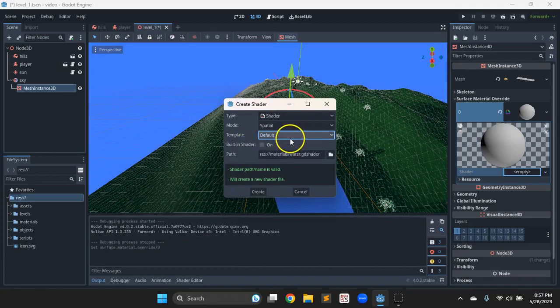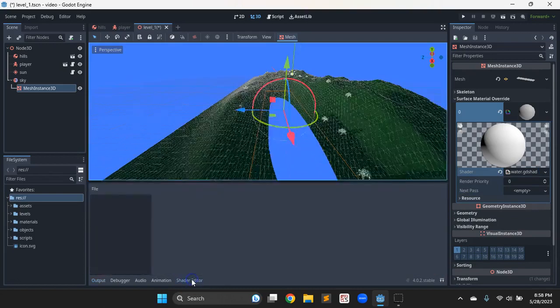You can see there's a default template, not really a whole lot of options to choose from there. You kind of have to make your own shader templates. So this would probably be a good one to turn into a water template that you can customize for things if you're going to be making a lot of games. Inherit, you can see we have several options to start with. For water, we'll just go with the spatial shader. It's something taking up space and it is of type shader. And when we hit create,